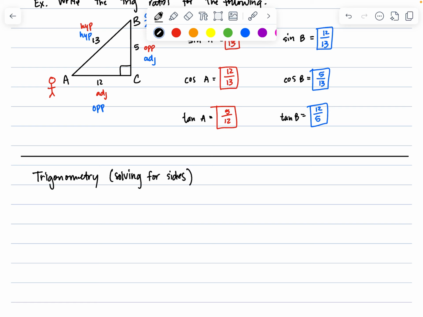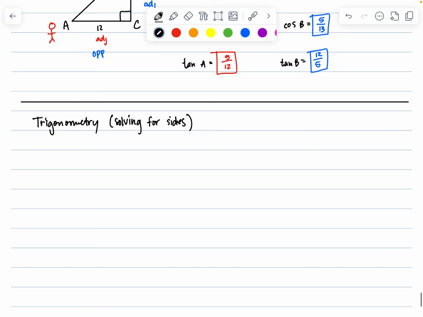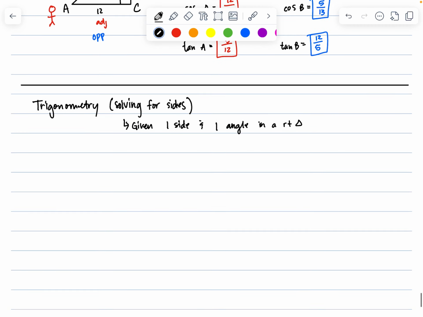So in this particular case, we will use SOHCAHTOA. I'm not going to rewrite that, but you need the trig ratios to actually solve it. So given, this is always going to be given one side and one angle in a right triangle. Okay, so first one,